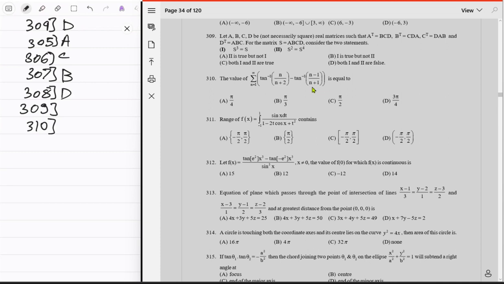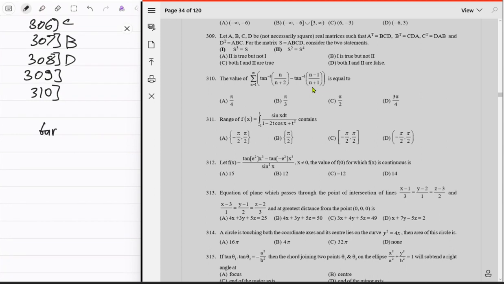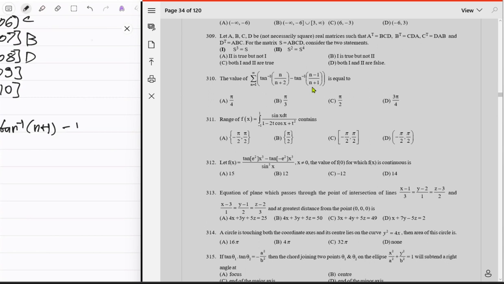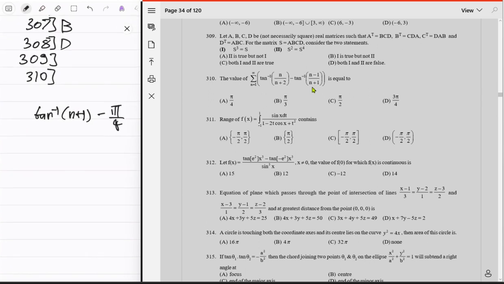Well, no, that's just not going to work. It's like 1 plus n plus 1. Nah, actually this might just work. 1 plus n plus 1 times 1, right? It's like this thing, tan inverse of n plus 1 minus tan inverse of 1, which is just pi upon 4. Okay, फिर इसमें क्या होगा, negative. Similarly, just like n minus 1 चाहिए अपने को, which is, and subtract करना है फिर यहाँ पे 1 plus something चाहिए, just 1 plus n, which is n minus, yeah, just tan inverse of n, negative tan inverse of